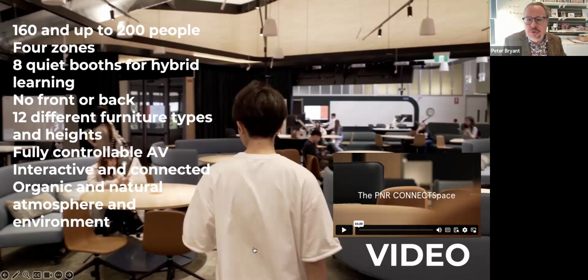It also ensures that the space is surprisingly reasonably quiet between the 4 rooms. You don't get a lot of bleed. You get a bit of movement, but that's okay. There are 12 different furniture types in the room, from very tall down to the couches that student said he loved so much, to normal seats around tables.